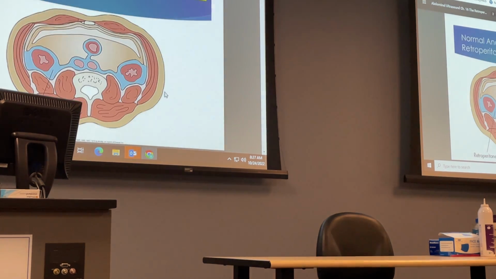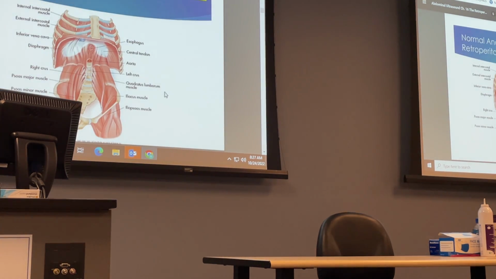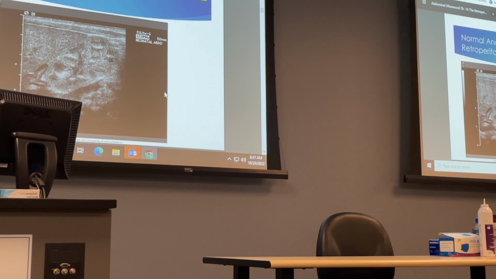Okay, with chapter 16, remember one of the biggest things in this chapter, we looked at the difference between an adrenal gland and a kidney. It's very common to confuse one for the other, especially with our younger patients, so be sure you're able to identify them. This is showing you a